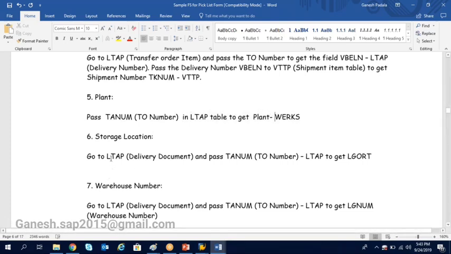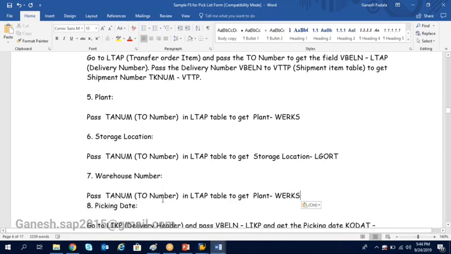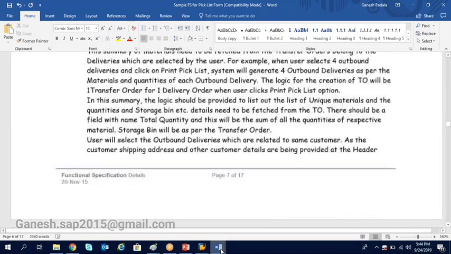In the same way, pass the TO number TANUM in the LTAP table to get the storage location, which is LGORT. Pass the TO number in the LTAP table and get the warehouse number, LGNUM. In the same way, we have to give the different fields and logic, and after giving the logic,